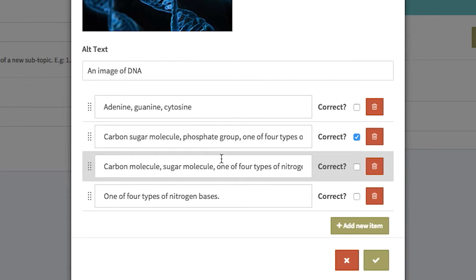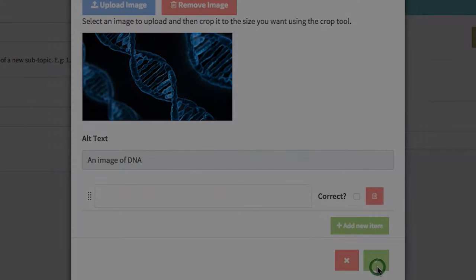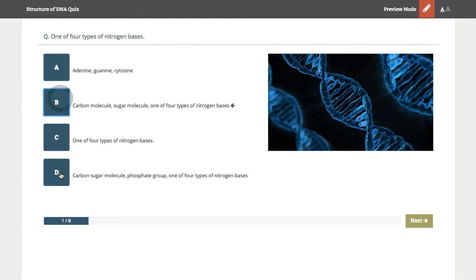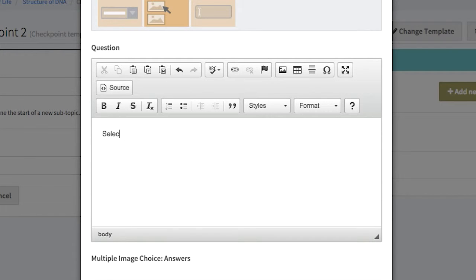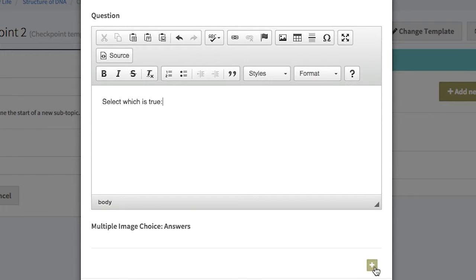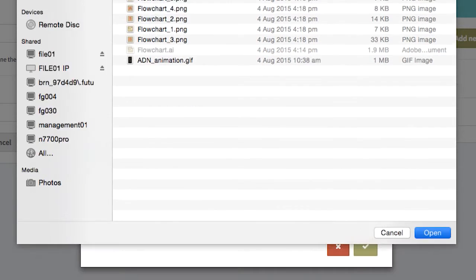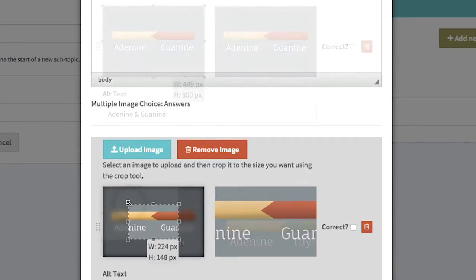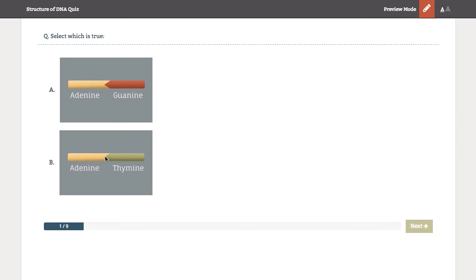The multiple choice template also allows you to include multiple correct answers to your question. Your learners will only have to select one of the correct answers to complete the question. A second multiple choice template, the multiple image choice template, can also be used to create image-based multiple choice questions. After entering a question, you can upload 2 or more images using the Upload Image buttons. This template works best with smaller images and can be used effectively to challenge learners to identify correct signs and